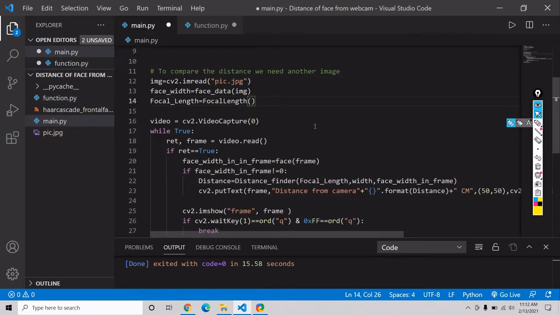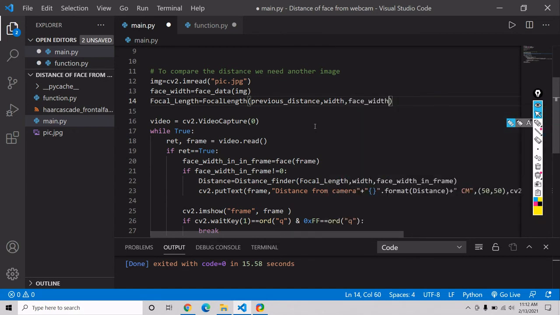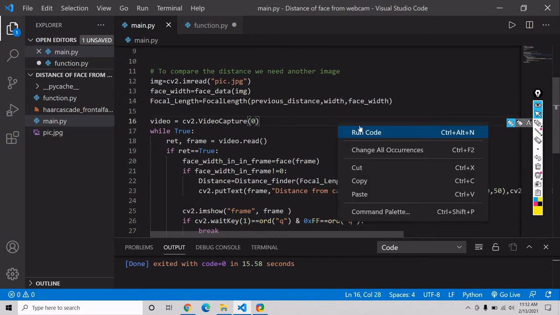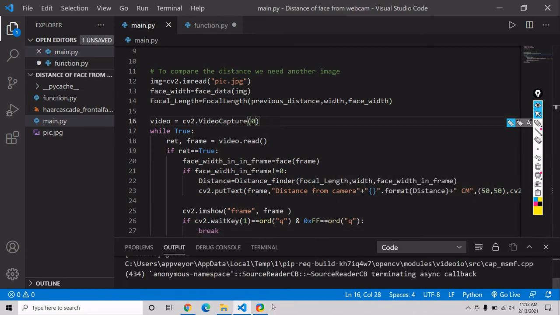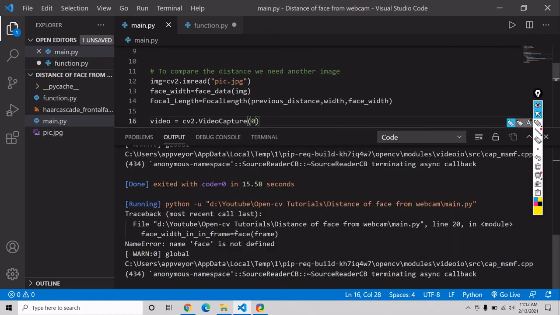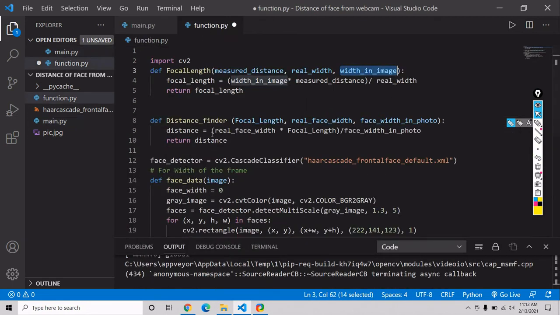So for that, we have our previous distance, and finally we have to provide our width, and our face width. And now let's see whether it is working or not. Okay, now there's a main issue. Face is not defined. Okay, my function name is wrong. Face data.